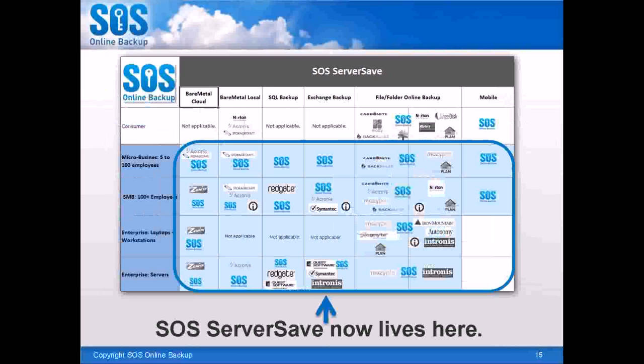Again, a really good file and folder system to handle the extremities of your networks and your file servers, so file and folder backup, and really give you a good strategy when it comes to recovering at a file and folder level. And on top of that, now offering image-based backup where you can recover entire systems, applications, Exchange granular recovery, and all in the same bucket. So it's really quite a powerful operation, and we're doing it at a very disruptive price.